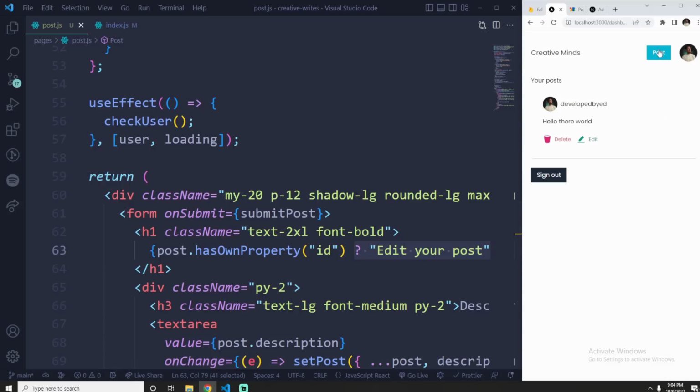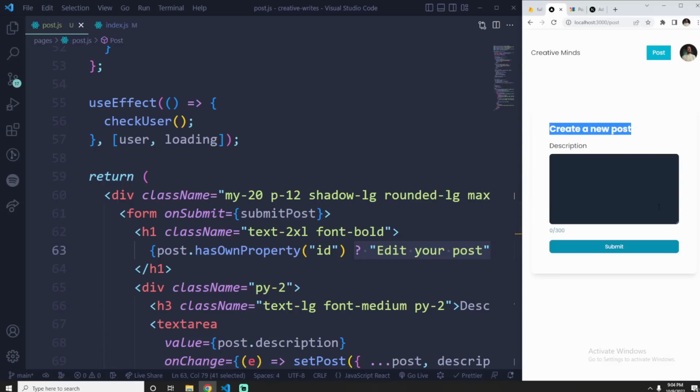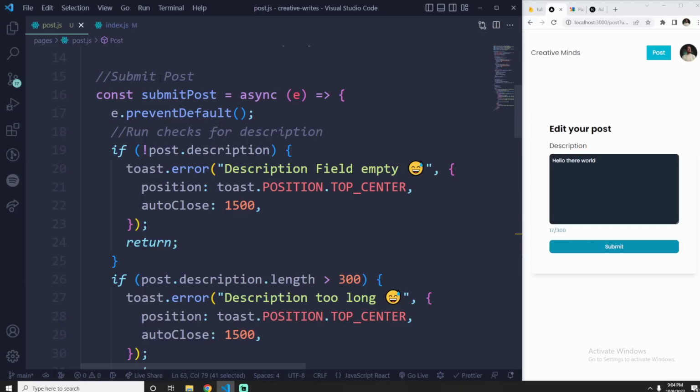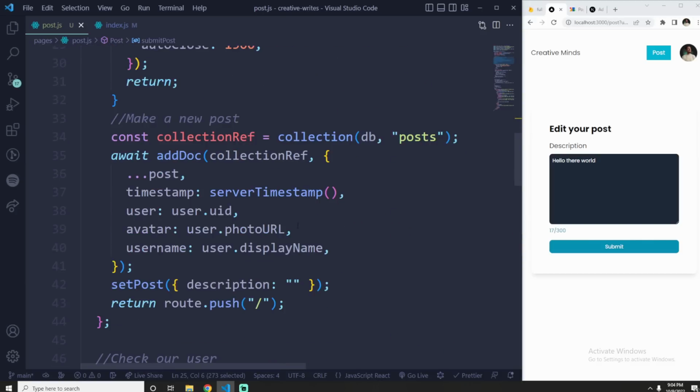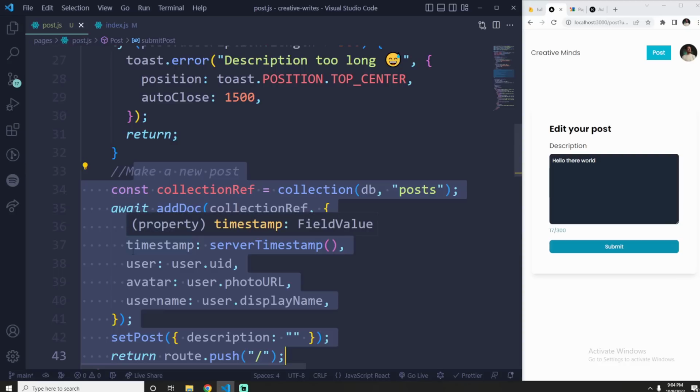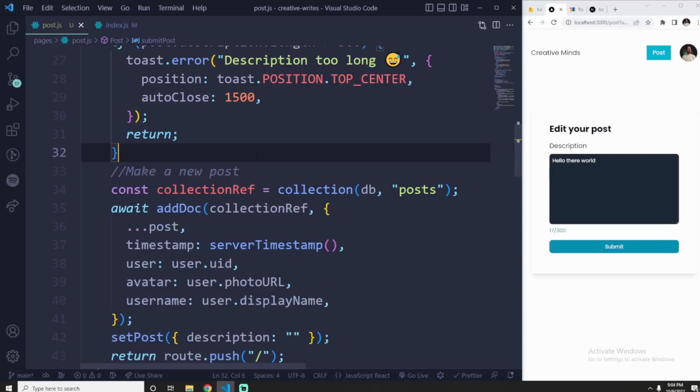So now if we go to post, it says create your new post because it's a new state, right? That doesn't have an ID. It's not an existing document. And when we click edit, it's going to get it through the route and we have the ID. And that also allows us to modify a text here in the submit post, right? So in our submit post, we're saying, yeah, just make a new document. However, now that we have the ID, we know it's an existing one already. So what I can do is say,